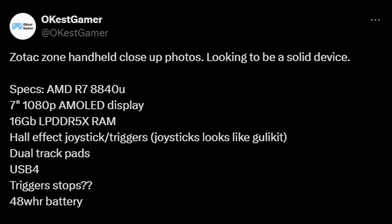As for the specs here, we have this information coming from Oakcast Gamer, and as you can see, we have the specs, which is the AMD Ryzen 7 8840U, not the 7840U, basically the upgraded, the latest 8840U. So that's pretty neat. A 7-inch 1080p AMOLED display, 16GB of LPDDR5X RAM, coming with the Hall effect joystick or